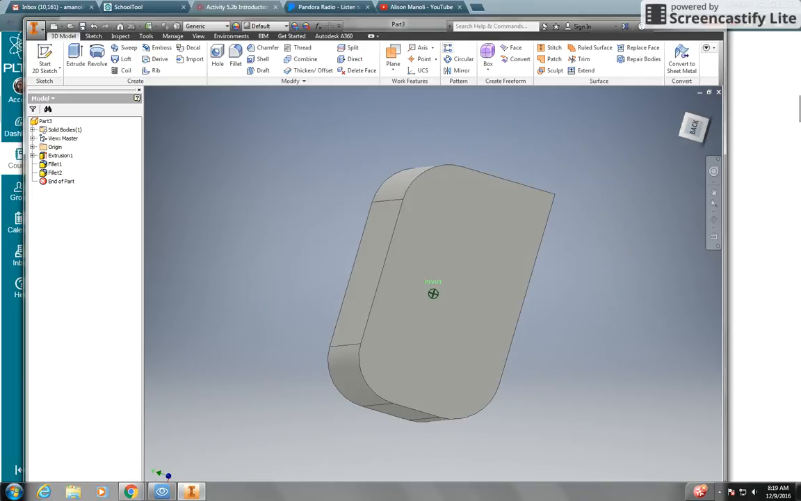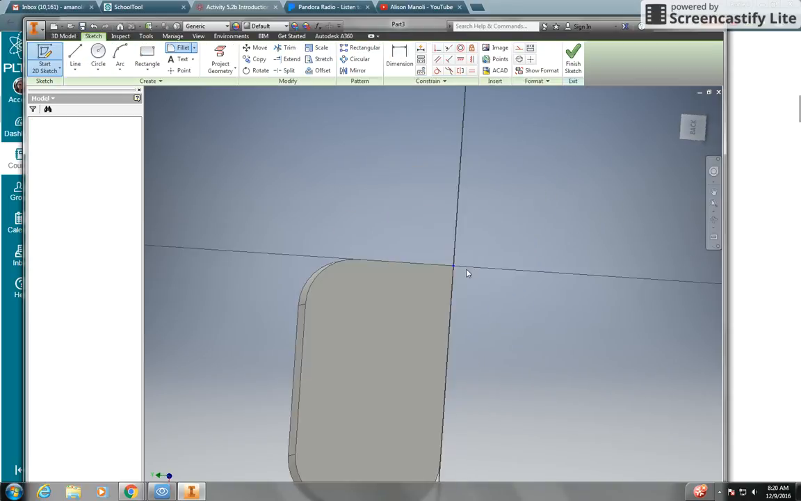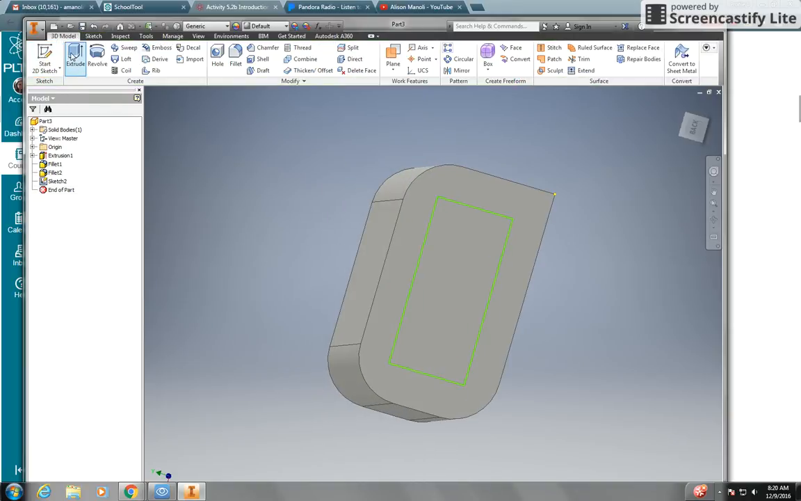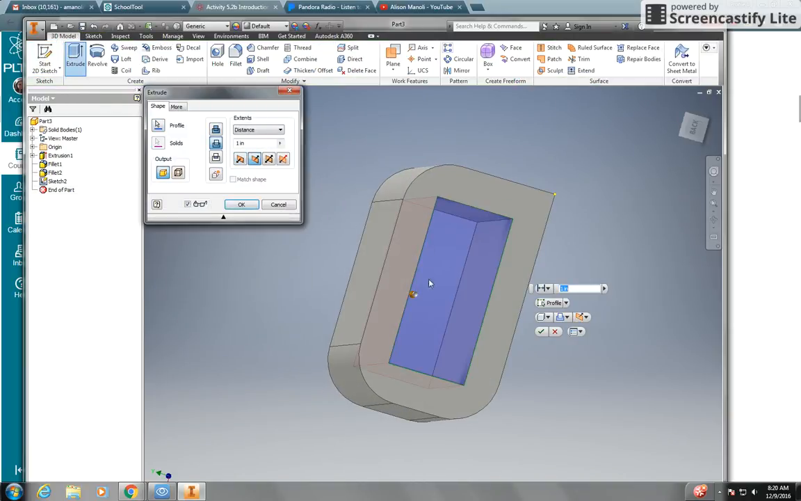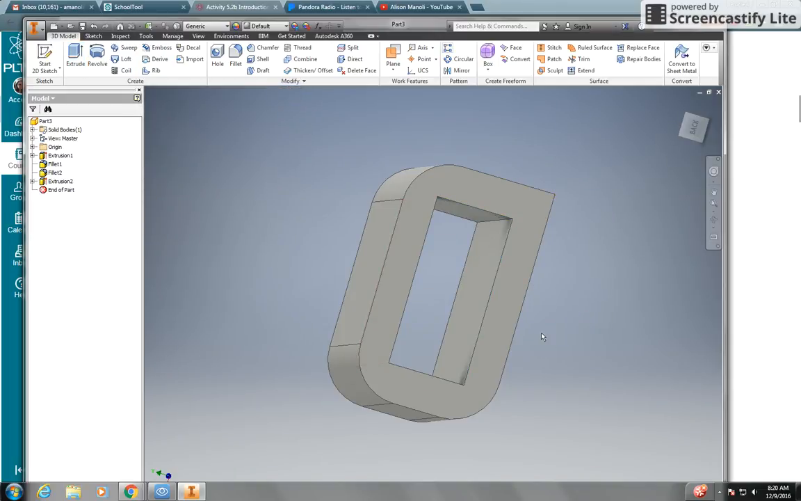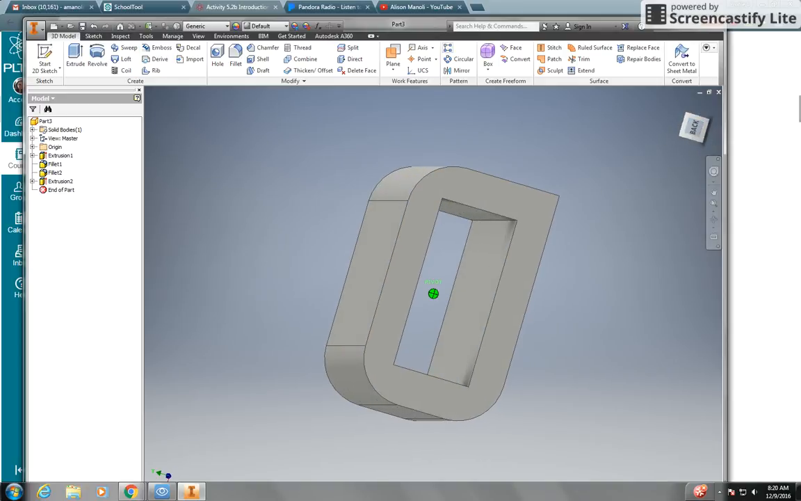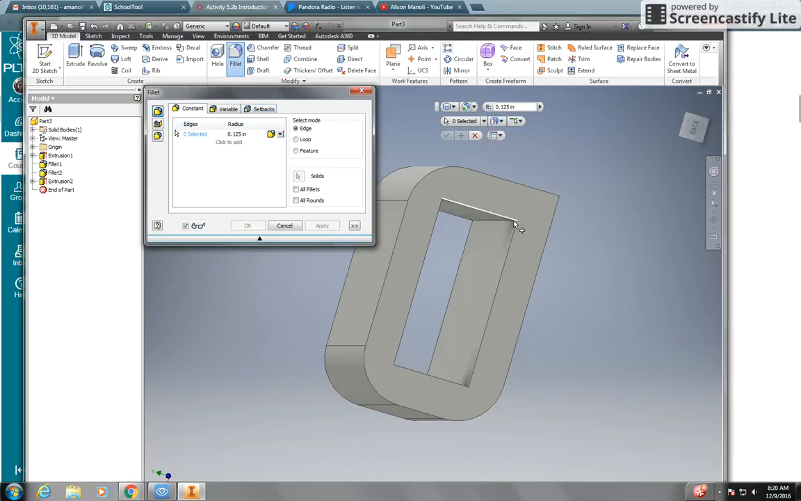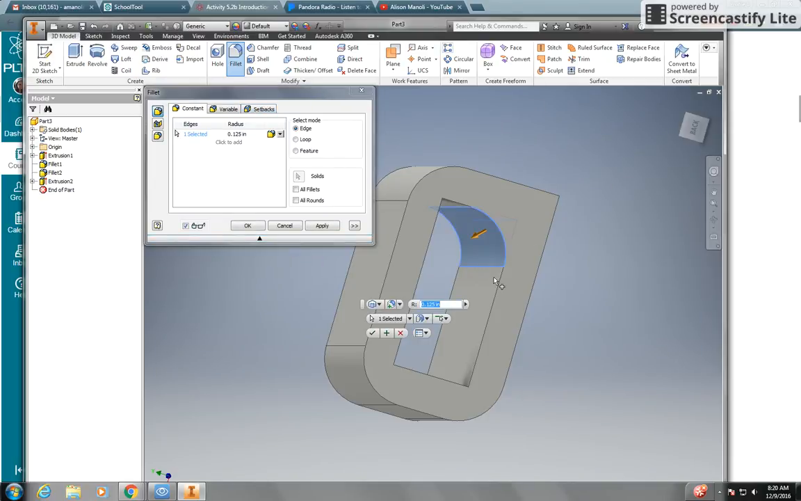Now, to do a round, we would actually need to create a new 2D sketch. I don't want to tie into anything here. Create a rectangle in here, finish the sketch. I'm going to do a cut extrude for this interior section, because a round is a curve on an interior surface. Say okay. Now, when I come here to fillet, and I choose this edge right here, you notice it's automatically going to put a round in there for me